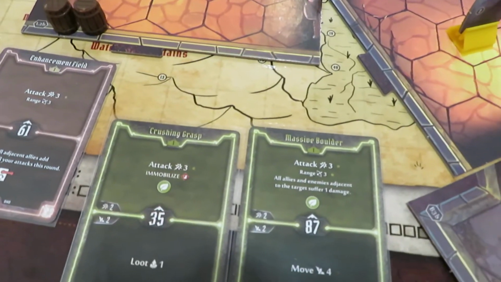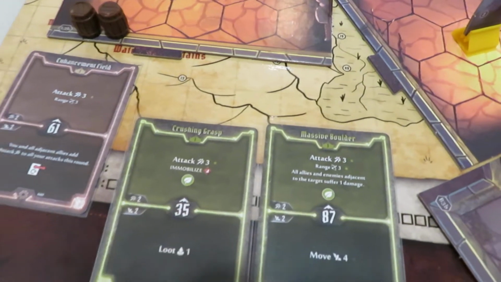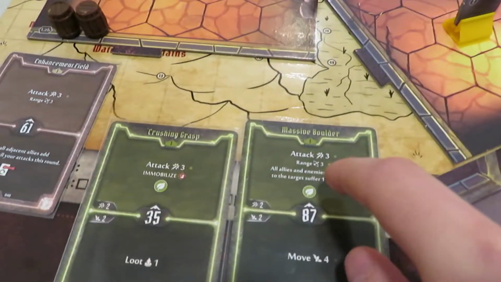I might just want to take the Hound out so we have one less creature attacking us versus going after the Living Spirit. So maybe what I'll do is play a Loot 1 card. I'm going to be really greedy here. I'm going to pick this coin up and take it. And then I'm going to go ahead and do